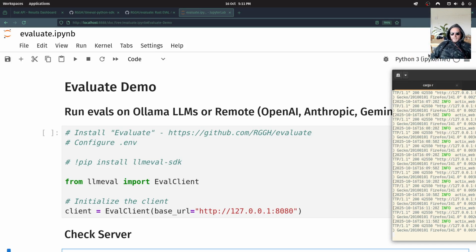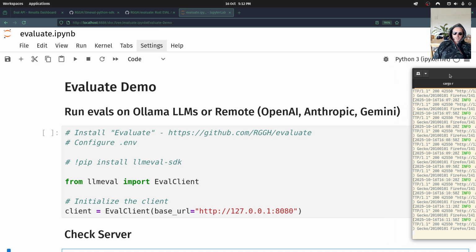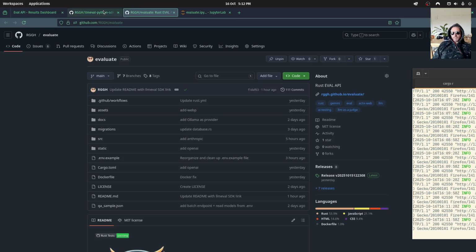Hello, this is going to be a look at using Evaluate. Evaluate is some software I've written to evaluate large language models. You can evaluate them using Ollama or remote OpenAI, Anthropic, Gemini models. So if I just do a quick demo of what I've done,